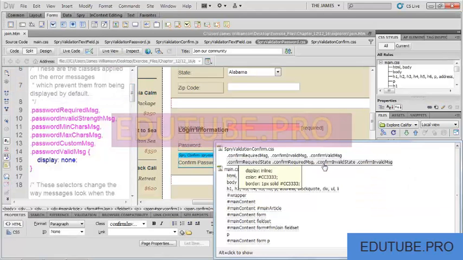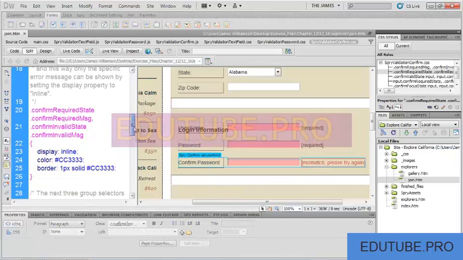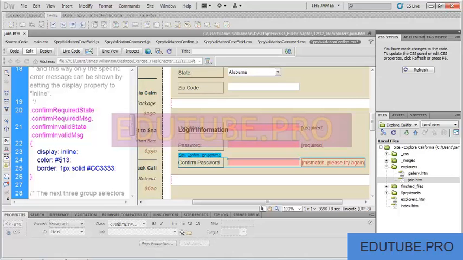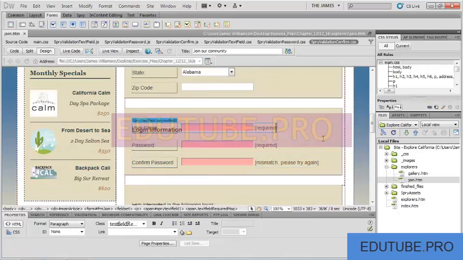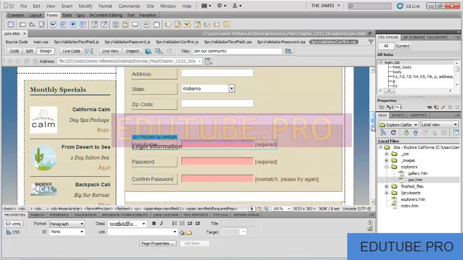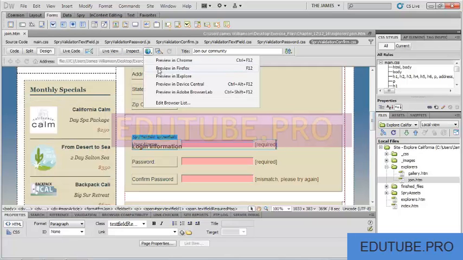and doing it again. So trigger your Code Navigator, find the one with the display, color, and border properties, and just switch those out. So the brown color for that red color, it's 51341A, and a border of none. So, when you're working with any of these Spry objects, the validation widgets included, don't be nervous about going in and changing their CSS. That's why they made these, so that you could go in there and style them the way you wanted them to look. So just because there's a default look to something doesn't mean that you have to be tied to that. So again, go ahead and do a save all, and then let's preview that in our browser